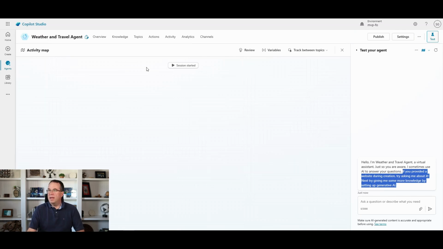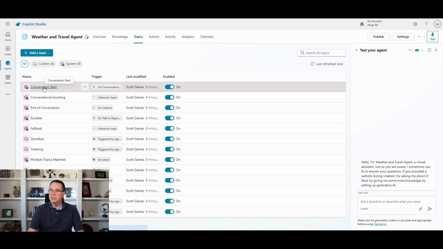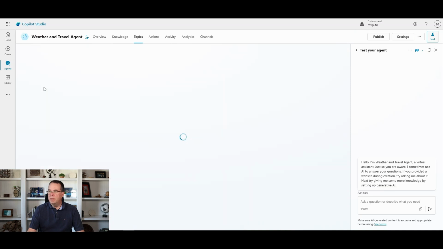So where we can go for that is if we go into the topics here, and topics allow us to create basically a standard flow through a conversation. So you may not want generative AI to give all the answers all the time. There may be certain subjects where you want to ask specific questions, etc. And topics allow you to do that. So this particular item we're going to look at is during the conversation start. So if I go into the topics and look at the conversation start topic and open that up,